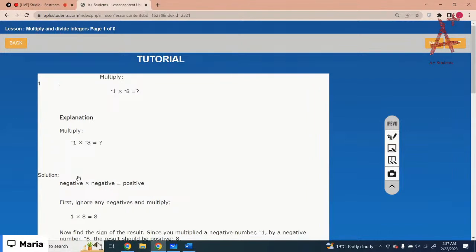So you are multiplying two negative numbers. So your answer must be positive. Got it? So 8 times negative 1 is